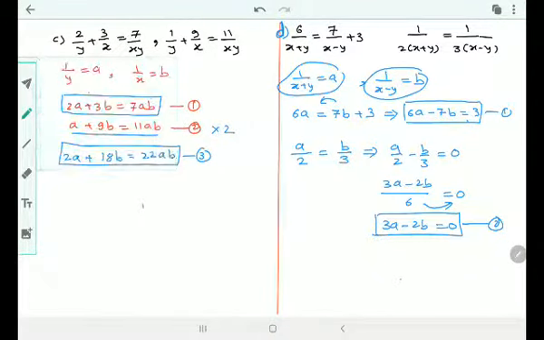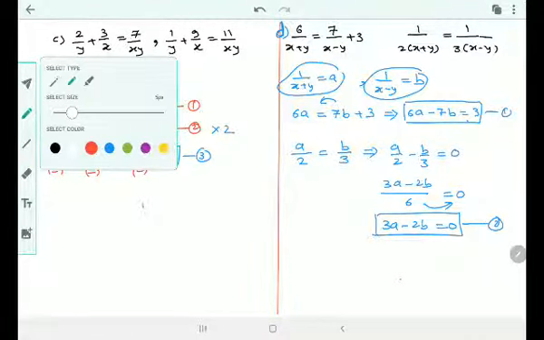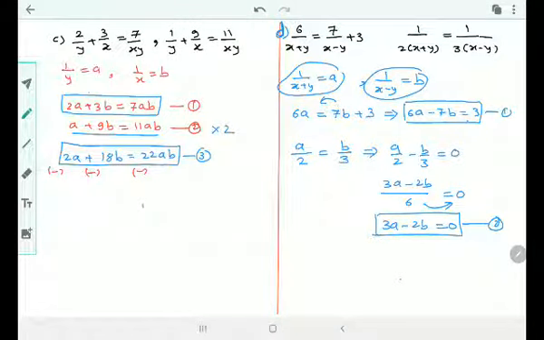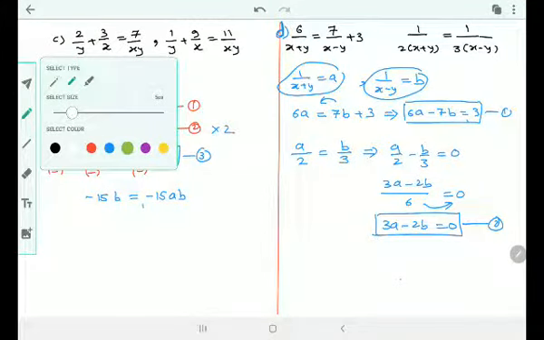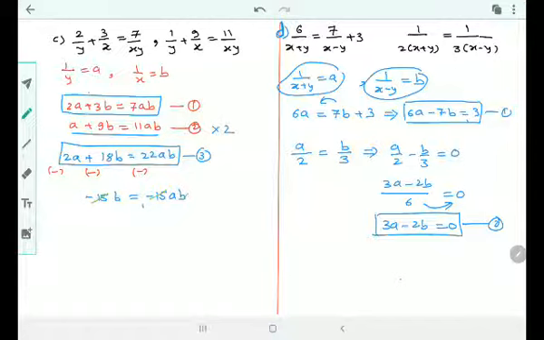So what I would go for here, I can subtract, yes. So minus, right? So if I subtract it, 2a minus 2a gets cancelled. 3b minus 18b, is it minus 15b? Correct? Only sign is minus, correct? 22 minus 7 is again 15, sign is minus 15ab, right? So see how easy it is. 15 and 15 get cancelled, b and b is also getting cancelled, minus is getting cancelled.